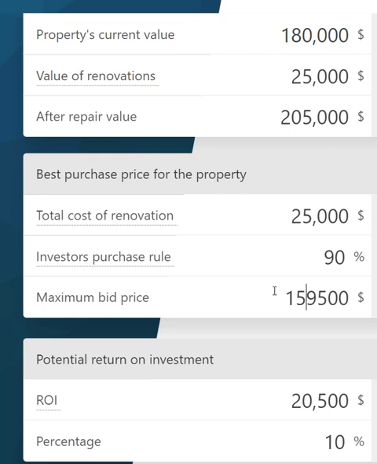If the location is really good, you may be able to find an investor that will pay top dollar. Now, I don't think you're going to find that person on the streets with those I buy houses, I pay cash type of signs, but